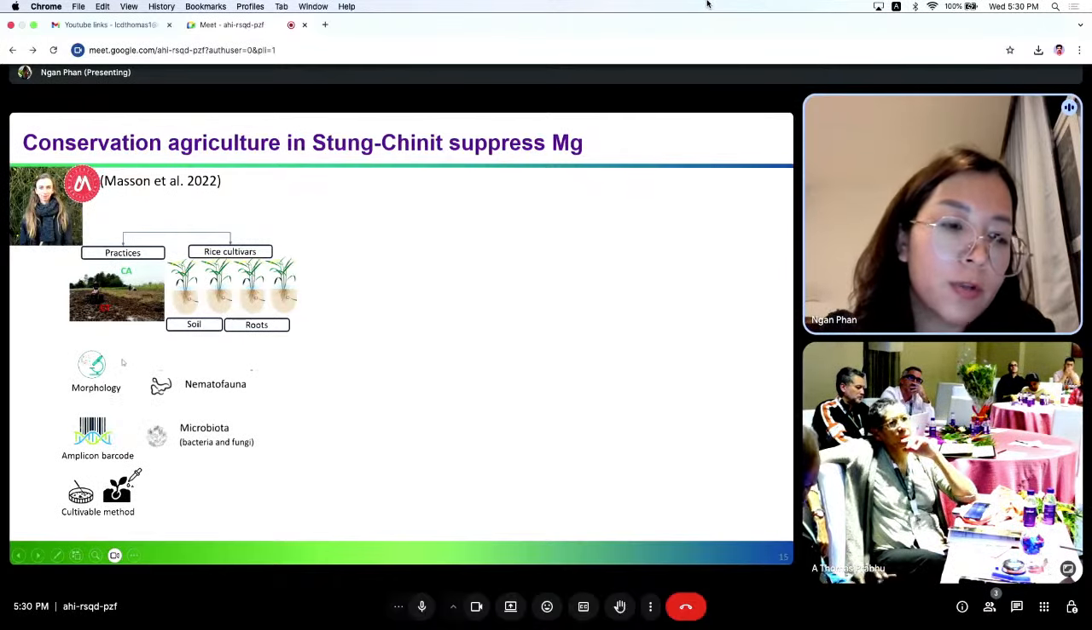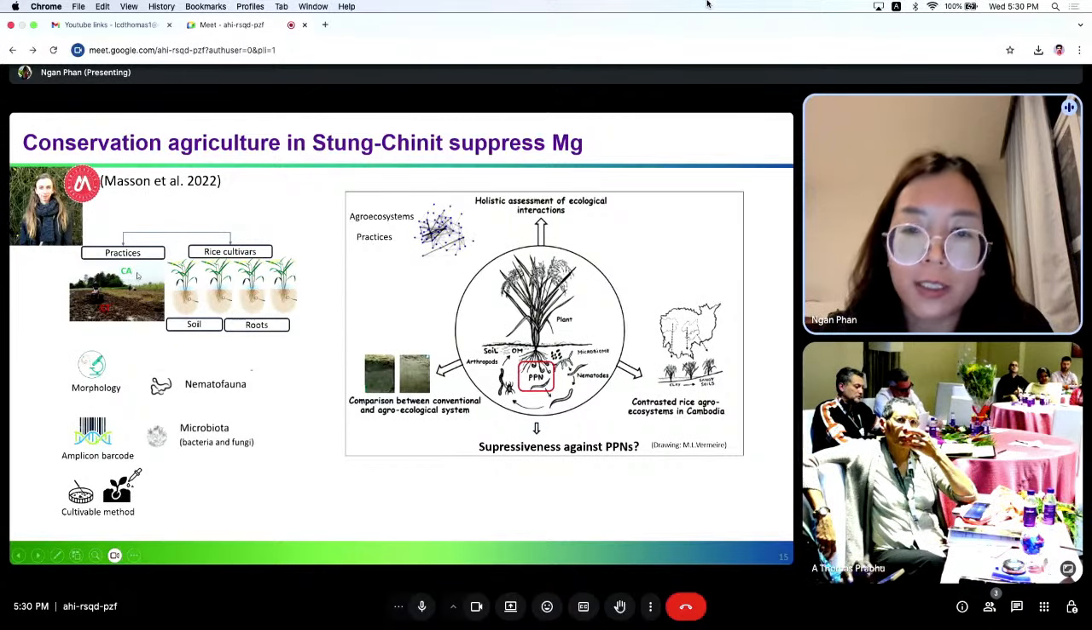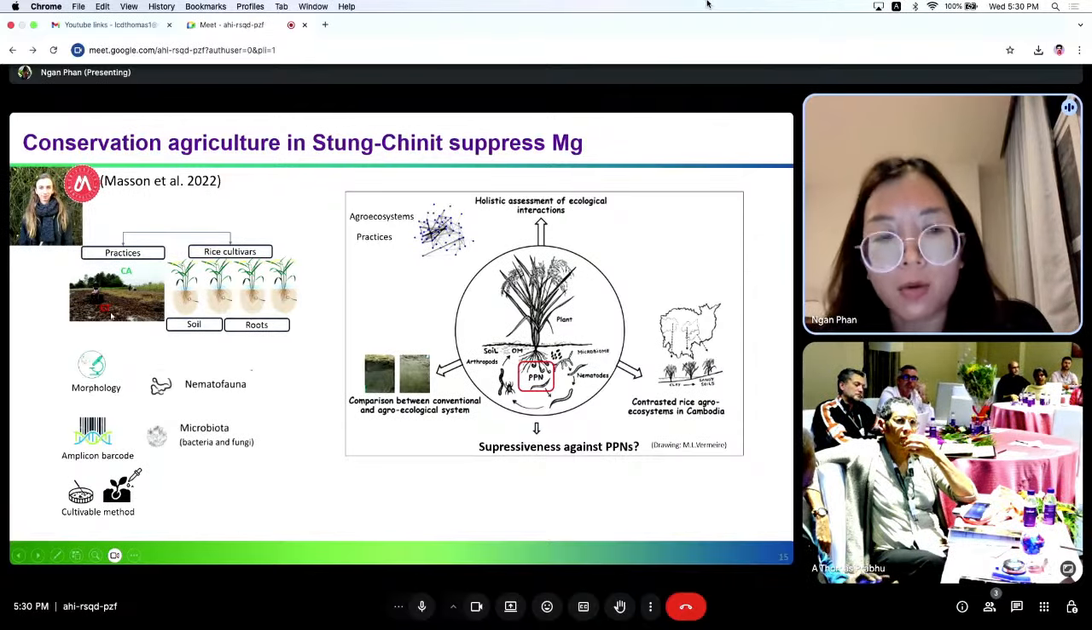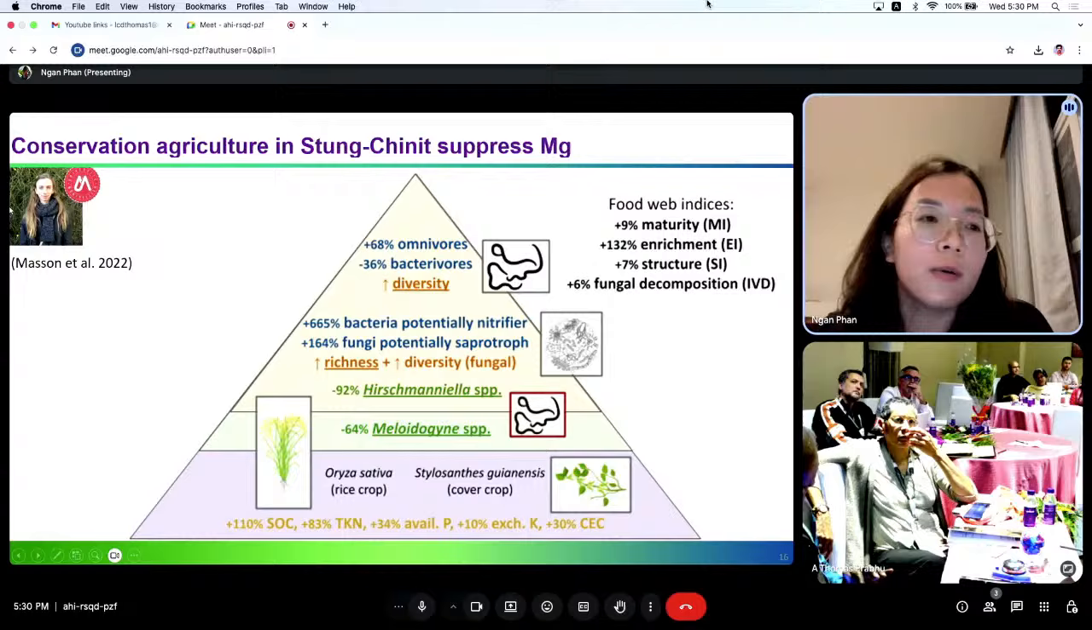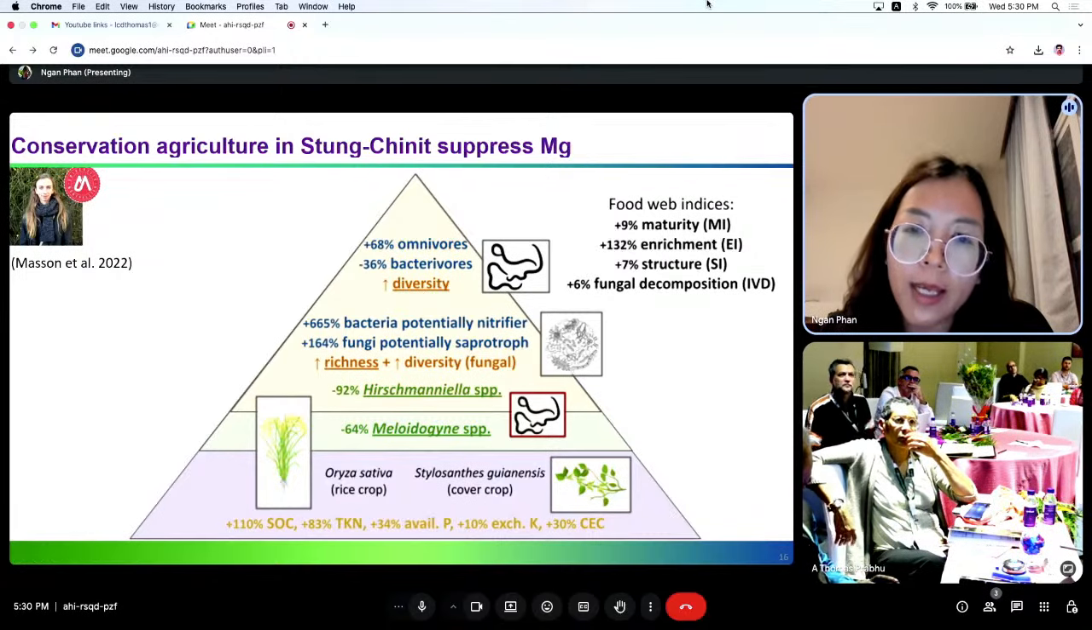And we use the morphological approach and eDNA barcoding approach to compare the diversity of the nematofauna and microbiota between different agriculture practices, and to assess the suppressiveness against the plant parasitic nematode in different agriculture systems. And in the study of our PhD student, we found that the conservation agriculture in Stung Chinit in Cambodia can